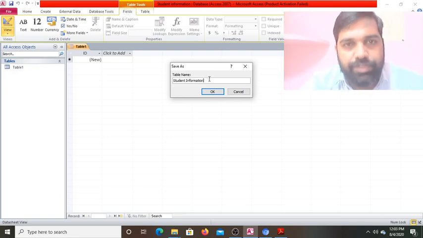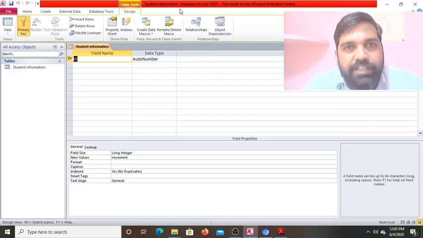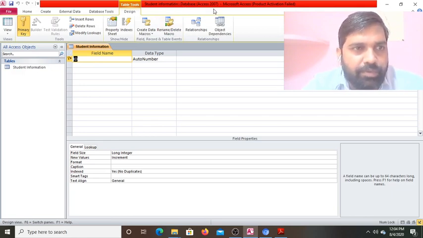Okay, I have written the name student information. See, I have written the student information database here. You can write the school name from the school database, but here I have written the student information database, and the table name is also the same. So we can change this also.